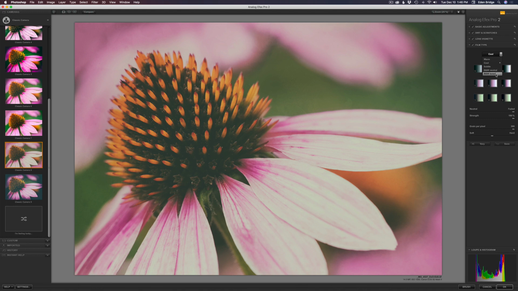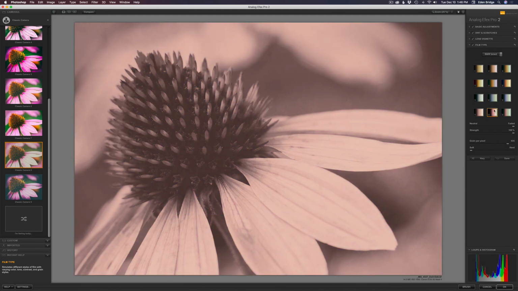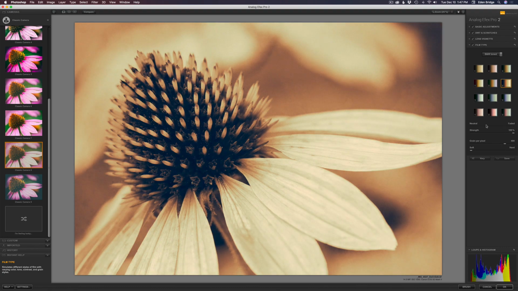Say we want a black and white image, a black and white toned image. We click this here, and then we have these presets inside of here. So here's like a sepia tone here. Here's more cooler tones, and a little more like a reddish tone there. So pretty cool, right? So you can come in here and play with these guys, and then you can adjust how strong the effect is. So I can pull this back,